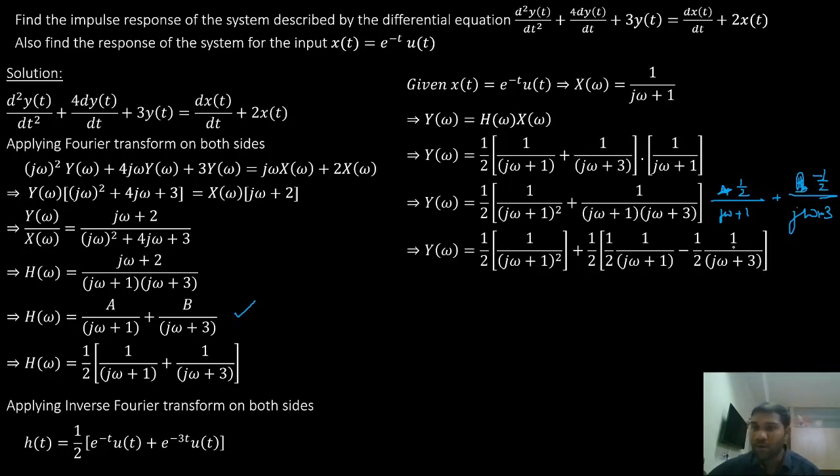So negative 1 by 2 of 1 by (j omega plus 3) plus 1 by 2 into 1 by (j omega plus 1). And this half is coming from here; I am separating the half here. Now it is very easy to take the inverse Fourier transform. If you remember, e power minus at into u of t has the Fourier transform...